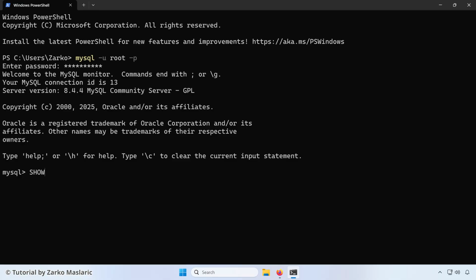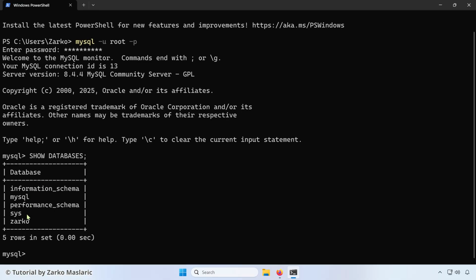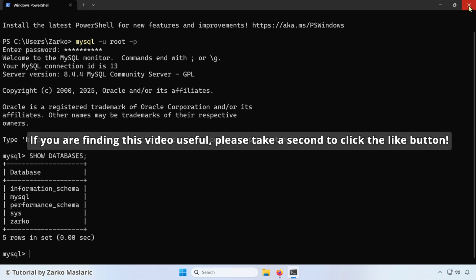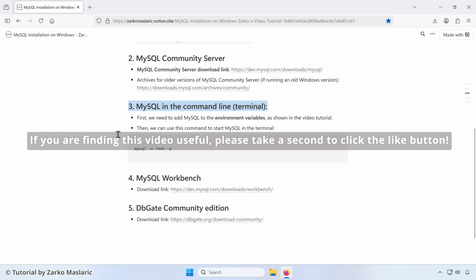Again, we can do queries like show databases, and it shows the built-in ones and the Zark one that I created earlier as well. So everything is working fine. We defined the MySQL command in our regular system terminals as well. So that's done. We can then click the X button to exit out of this, and we can go to